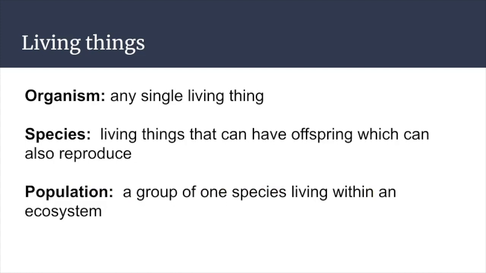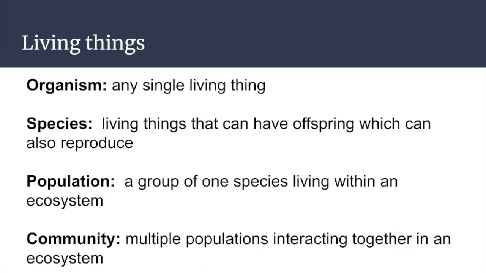Okay, back to organizing now the biosphere. The next kind of level we have is a population. So if you have a group of one species living within an ecosystem, that's the population, okay? And it's kind of relative. You can kind of say, what's the population of ravens in Birchwood Trails? And then you could make your area bigger and say, what's the population of ravens in Fort McMurray? And then you can make it bigger and say, what's the population of ravens in Alberta, right? But it's always just one species, and you look at how many organisms are there in an ecosystem. Just like we use population when we talk about a city, right? The population of Fort McMurray is talking about people. We don't include our dogs in the population of Fort McMurray.